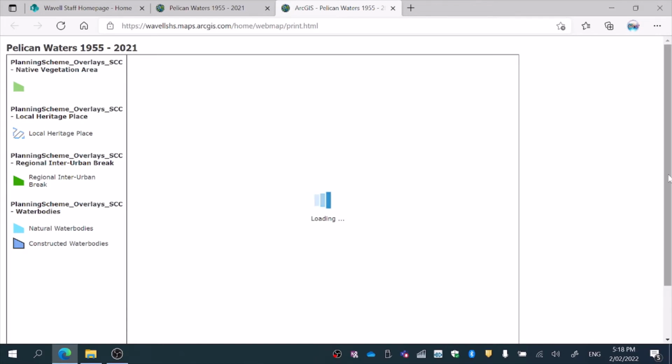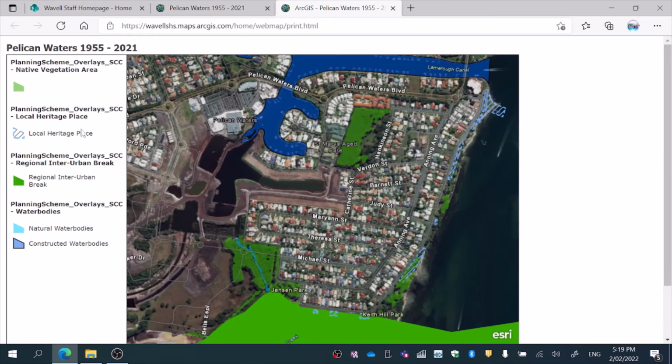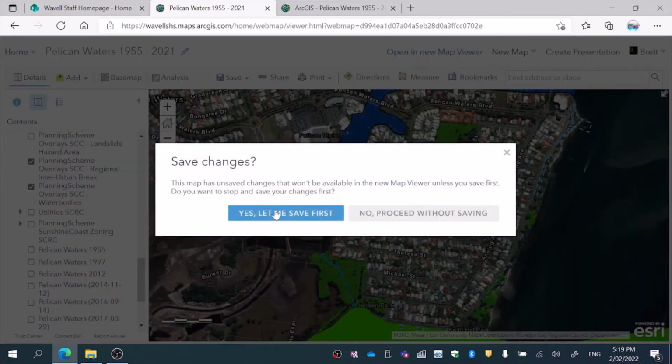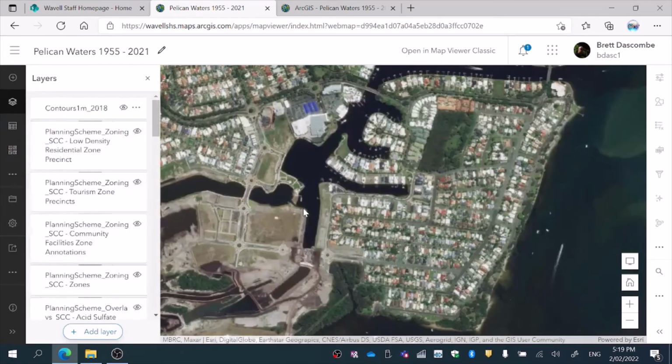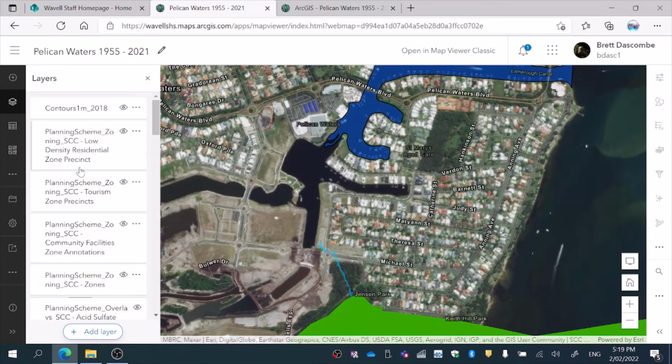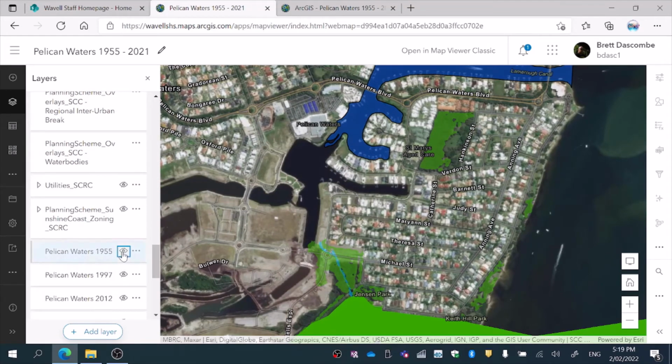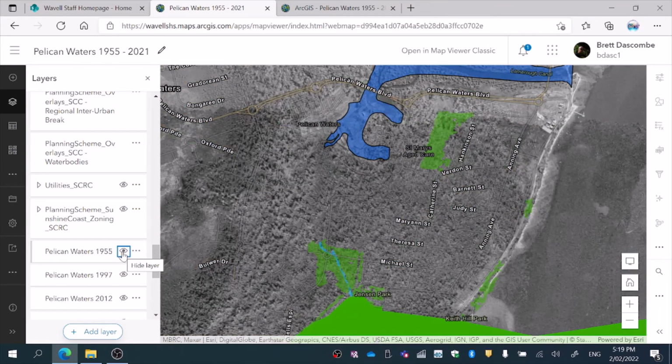Now, the old mappings, and the student will have selected the layers that they want to use on that particular map. So that fits perfectly with the ISMG and creating your own cartographic. Now, it's not about going and getting all those layers, it's simply about manipulating those layers. I just want to take you to the new map viewer. And this is really good as well, because what I'm going to do here is I'm going to turn on the 1955 image underneath, and